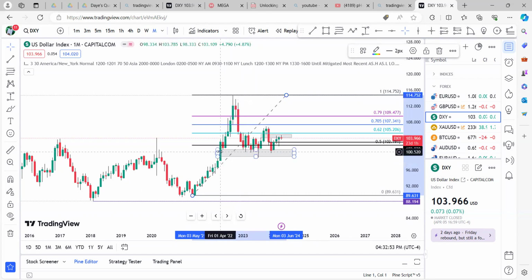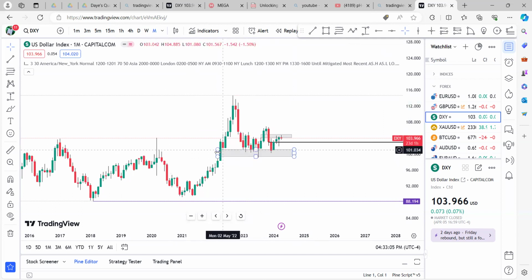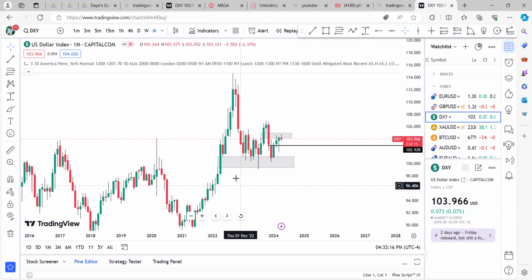Why? Because this discount PDR, what kind of PDR is this? A fair value gap is being respected. You could see that it's been almost, I don't know how many months, that price is respecting this PDR, resting on this PDR. So it means that this PDR is a very strong PDR. So there's a possibility that price will trade higher, take this swing high, fill this void, and probably take out this swing high.